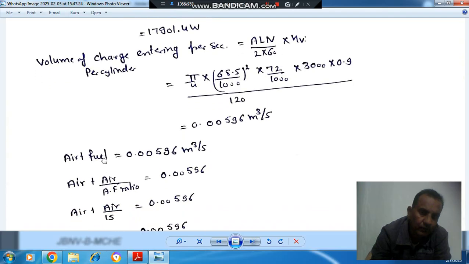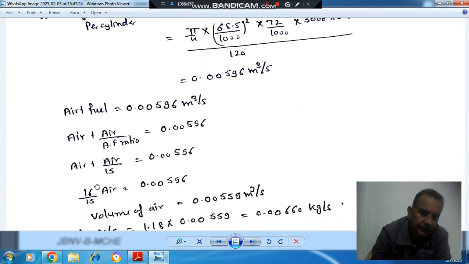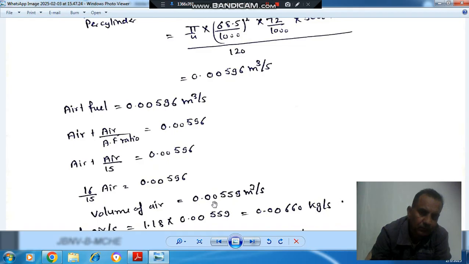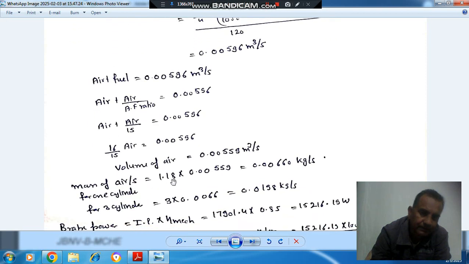Okay, now air fuel ratio is given as 15. So air plus air by air fuel ratio. Putting fuel as air by air fuel ratio, we get volume of air as 0.00559 meter cube per second. So as density of air is given, that is 1.18, the mass of the air,